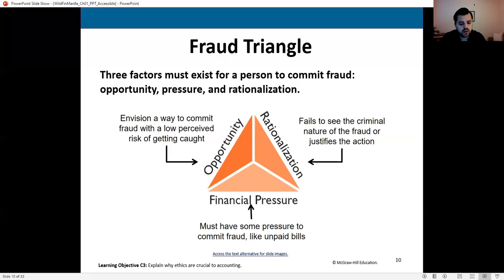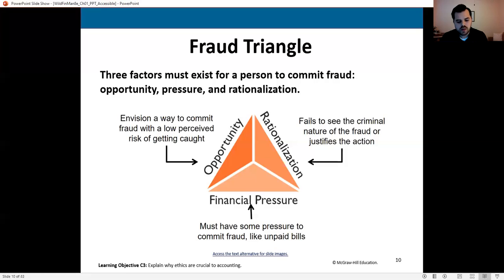What if you say, well, the people at the top are holding all the money for themselves. They owe us this money. There may be ways for you to rationalize this out where you say, what I'm doing is fine. It's not wrong. It's okay. And if you can do that, paired with the pressure, the incentive to actually steal because you have something you need, and the opportunity being extremely high that there are no internal controls in place, this is the perfect opportunity for someone to commit fraud when these three things line up.